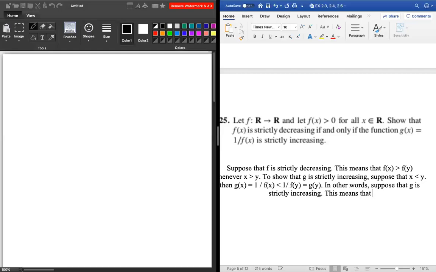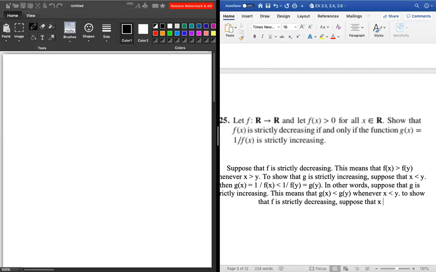This means that g of x is less than g of y whenever x is less than y. To show that f is strictly decreasing,